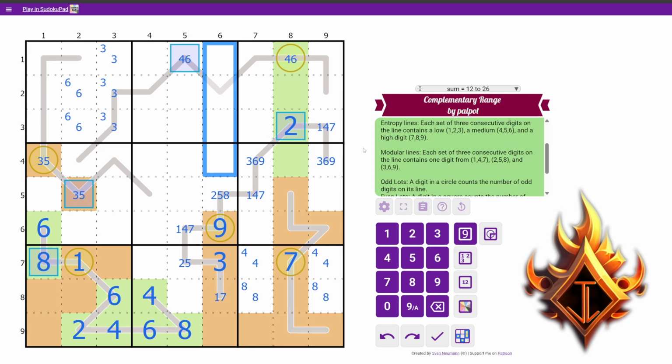That might be okay. This one maybe. If this was a